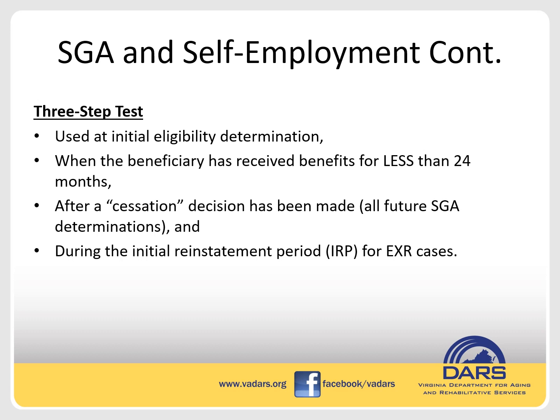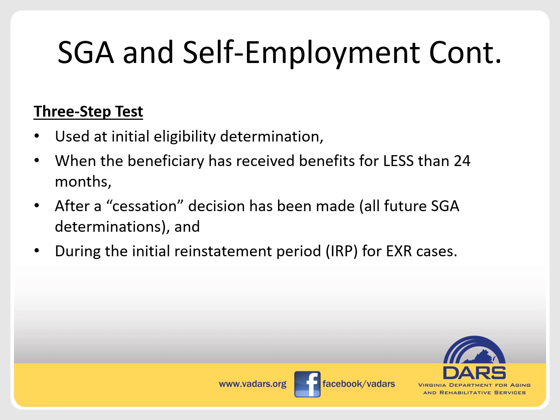When a beneficiary has received benefits for less than 24 months, the three-step test applies also. So if somebody is receiving benefits for more than 2 years, they're going to be looking at the countable income test. Benefits for less than 24 months, they're going to be looking at the three-step test. Okay, so for example, if somebody has only been receiving benefits for, let's say, a year,